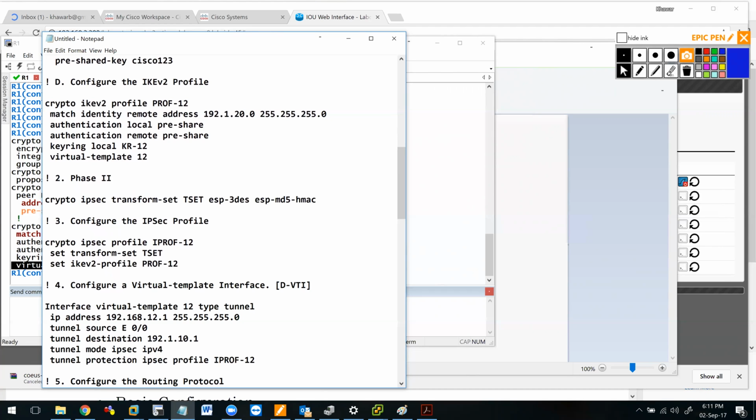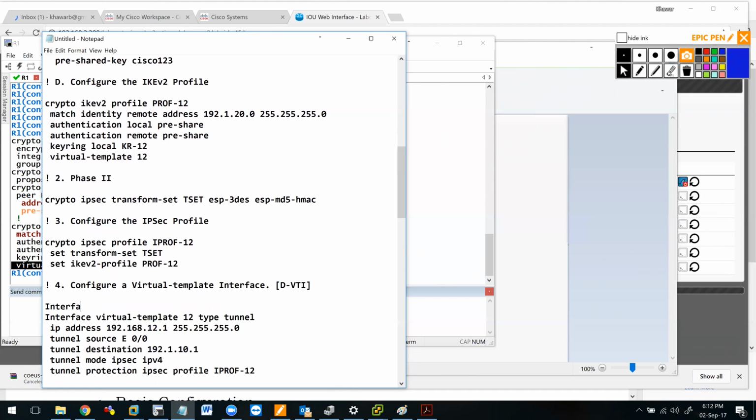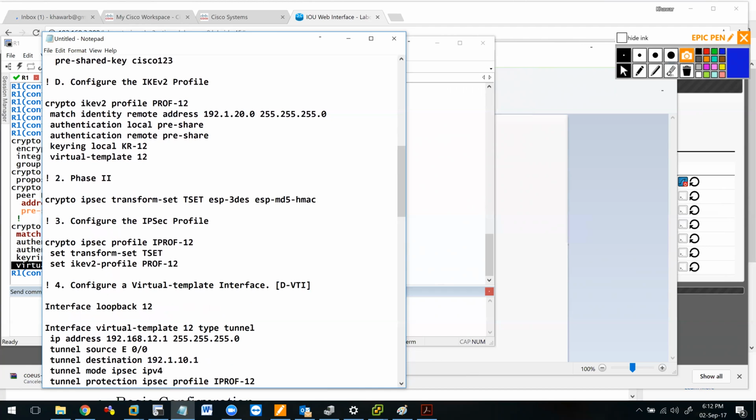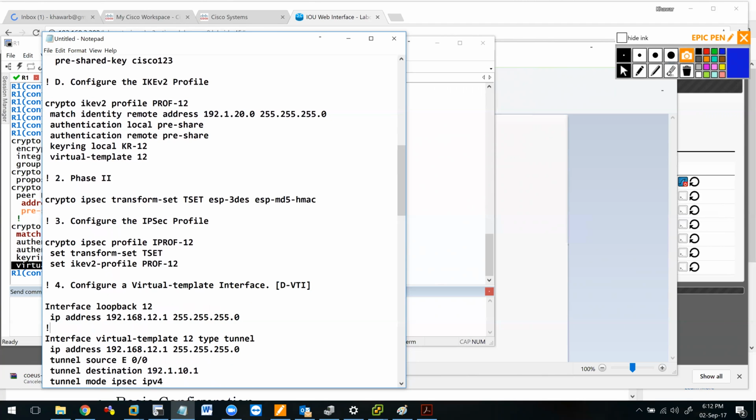But the rules are a virtual template is a template, so it should not have an IP address assigned manually. So to trick it, what you do is you create a loopback. I'll create this loopback as 12, just a number, and assign the IP address that I want to assign to this template interface to this loopback. And inside your virtual template, I will call it saying, hey, listen, get your IP address from